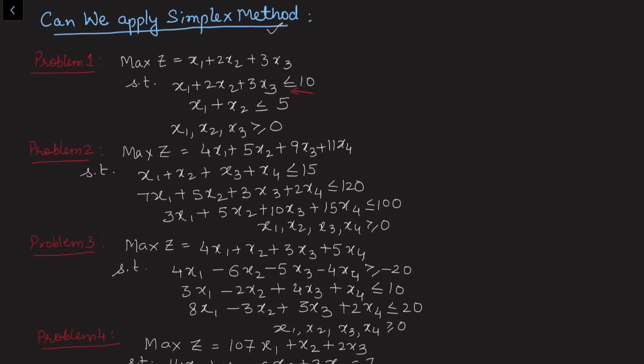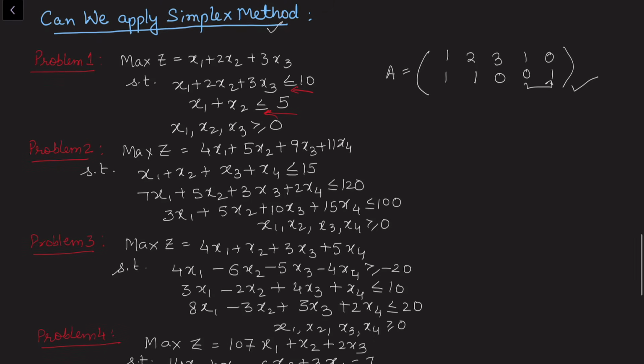So we see that both the constraints are less than, and when both the constraints are less than, that means certainly we can involve a slack variable in the first and second, and hence the coefficient matrix in the first problem will become 1, 1 corresponding to x1 decision variable, 2, 1 corresponding to x2, 3, 0 corresponding to the third decision variable, 1, 0 and 0, 1 corresponding to the slack variables. So these two can be in the initial basic matrix, and hence we can always start from a basic feasible solution. So in this question the answer is yes, we can apply the simplex method.